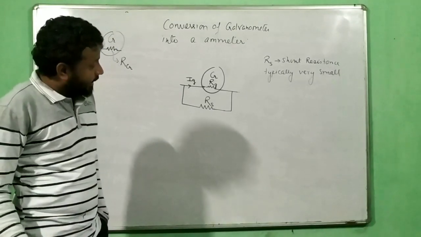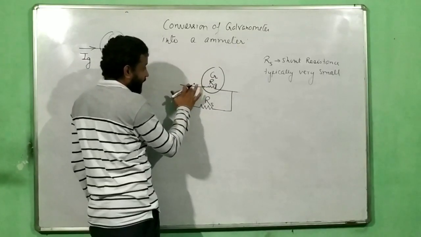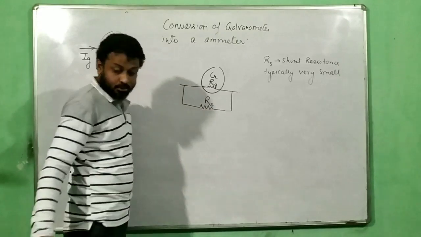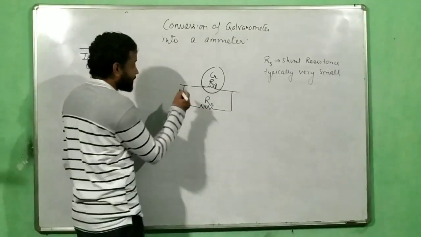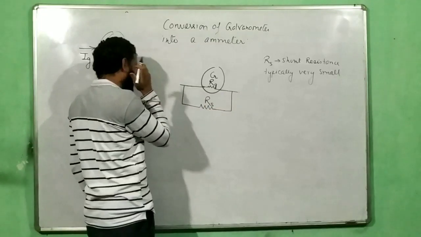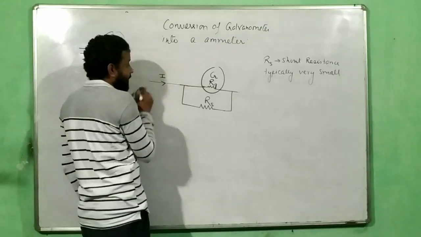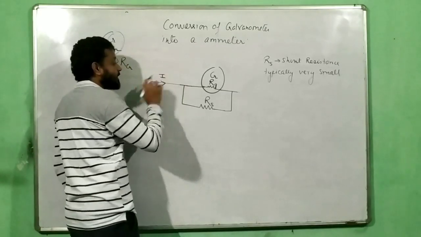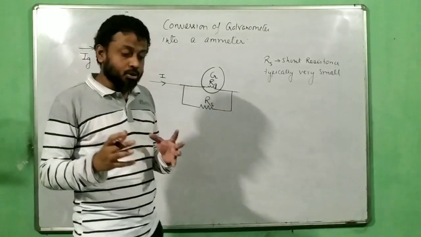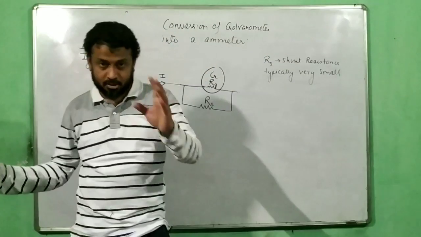Now why do we connect that in parallel? Let us see here. What is this Ig? This Ig is the safe current. Now this Rs is chosen in such a way that, let us say, when a current I comes from the circuit, and if I is the maximum current, say somebody told you to go and make an ammeter which can read from 0 to 10 ampere, correct?